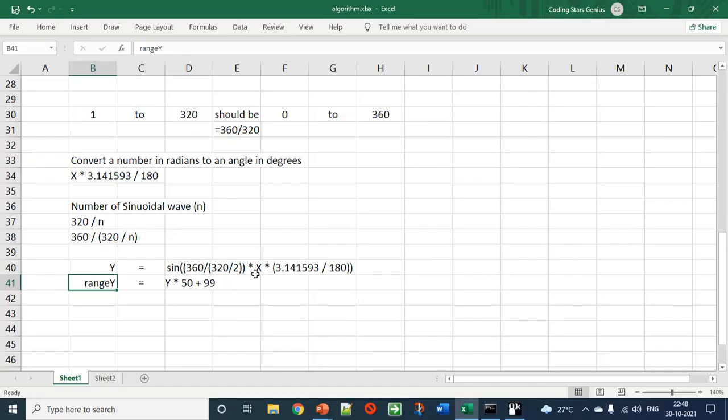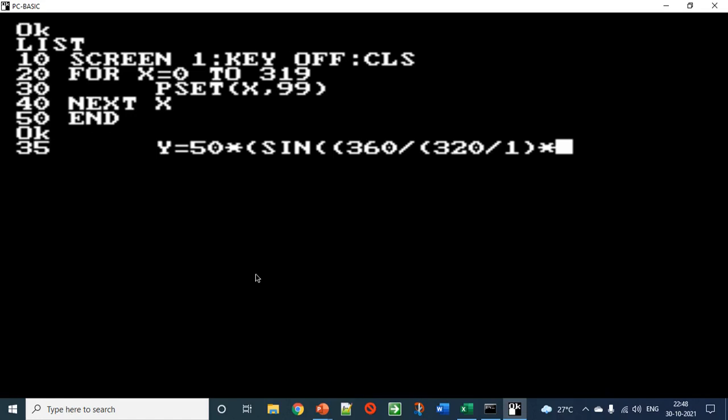It has to be multiplied by x, then multiplied by 3.141593, this is the pi value, divided by 180.